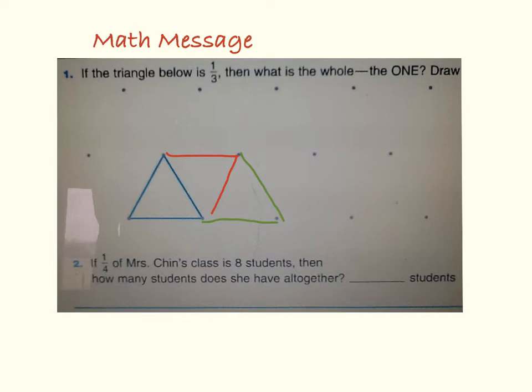Number two, if 1/4 of Mrs. Chen's class is 8 students, then how many students does she have all together? So 1/4 of 8 is what you need to think about. 1/4 of 8. We've done several of those problems. So if we do 8 divided by 4 times 1, we get 2. So that's 2 students is 1/4. If we want all of the students,